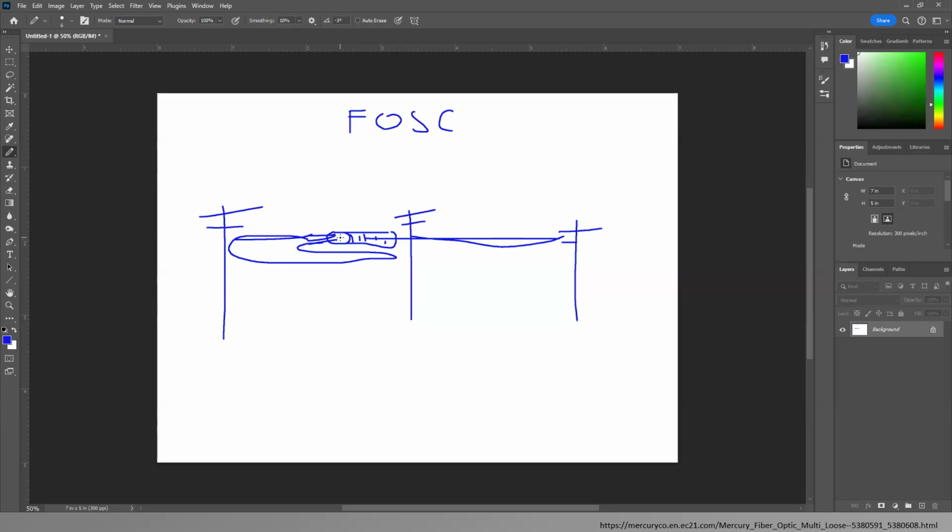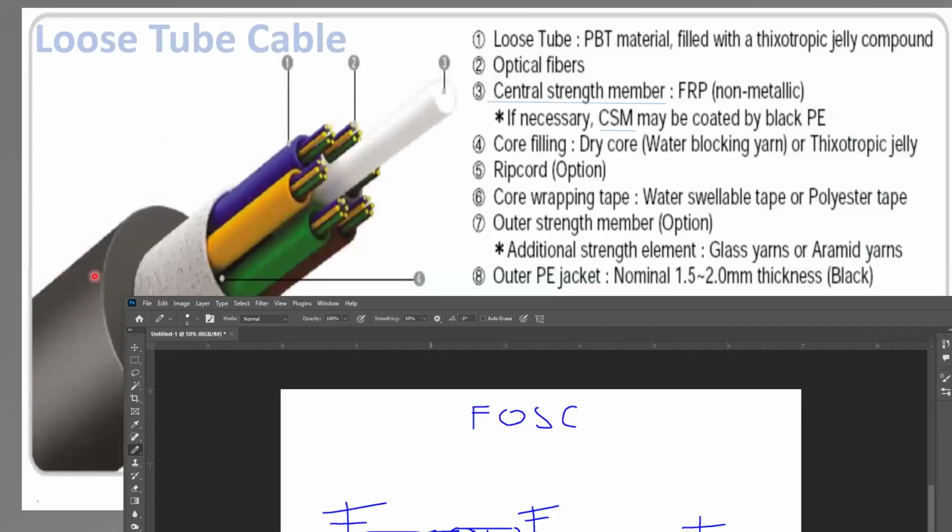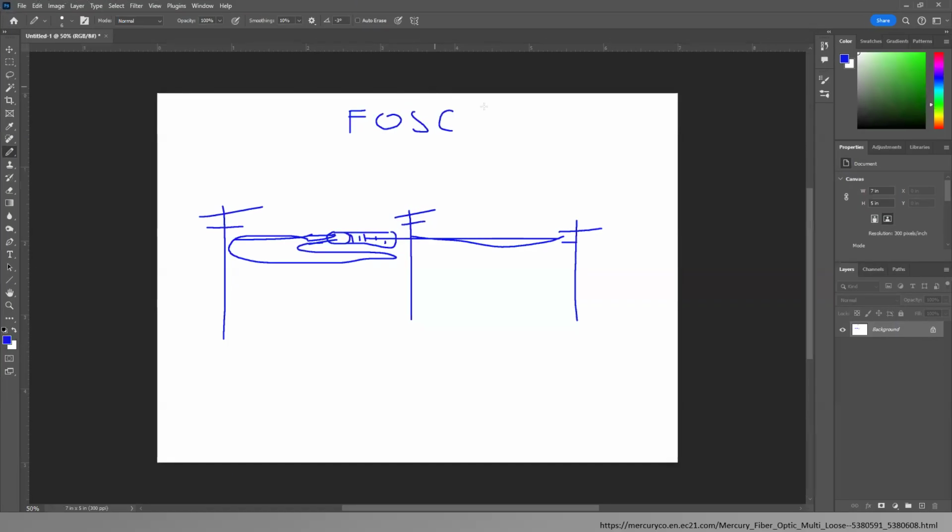It has to be nicely sealed against the elements, and this is a thick cable that is outside. The idea of the FOSC is to provide the splices. So some of the fiber optic line could be going 20 kilometers that way, and some other ones could be going 20 kilometers that way, and over here they meet and they're being spliced, routed, or whatnot. The idea of the slack is so that the FOSC can be taken off